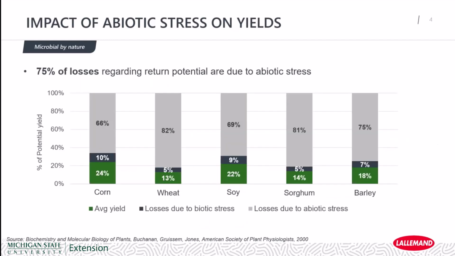If we think about abiotic stresses and we look at the graph here, we can see that upwards of 75% of losses are actually caused by abiotic stresses. So we could have all of the diseases in the world, but ultimately, at the end of the day, your abiotic stress is going to have a larger impact on your yield. These are showing results for row crops, but as I'm sure you're aware, this is really no different for specialty crops, and in this particular talk, the grape crop.